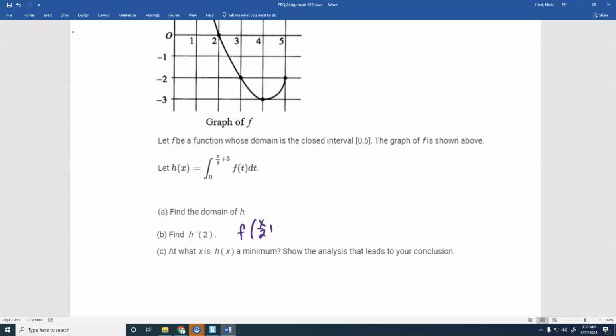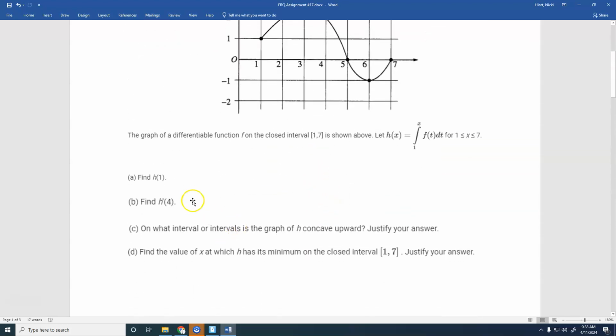X over 2 plus 3 times 1/2. You got to take the derivative of that limit right there, because you're doing the derivative of an integral, which kind of cancels out, but because this is not just the x, you've got to plug it in and multiply by the derivative of it. Up here, when you find h prime of 4, h prime is just f. Right, just f there. So it's a little bit easier than